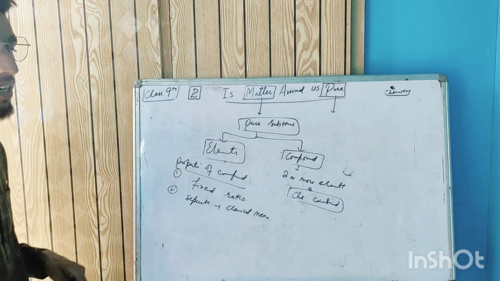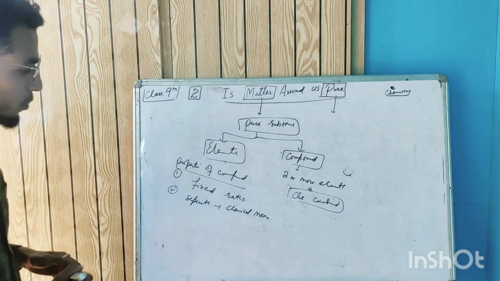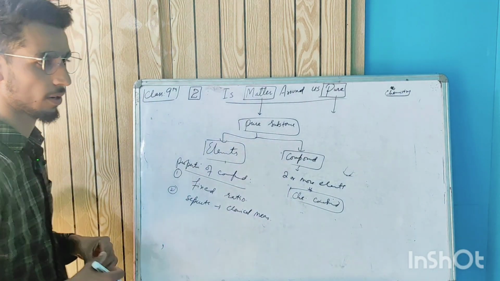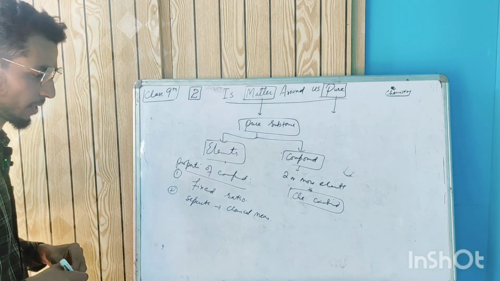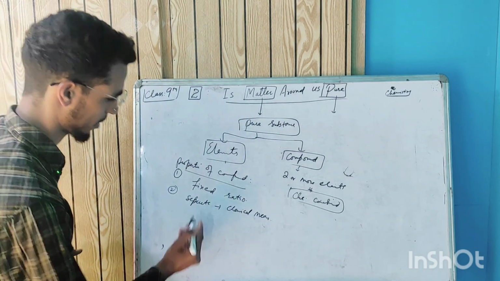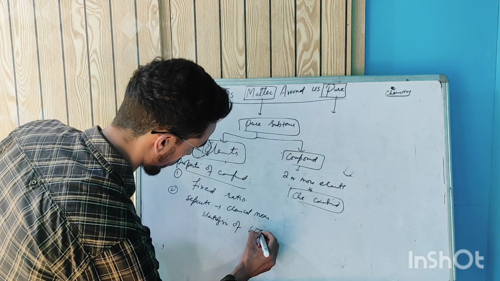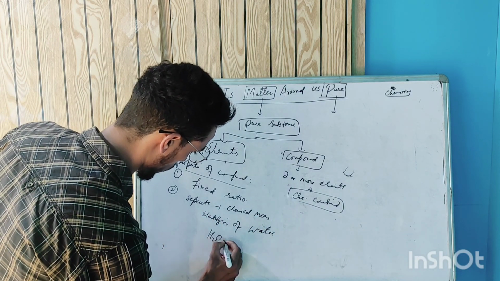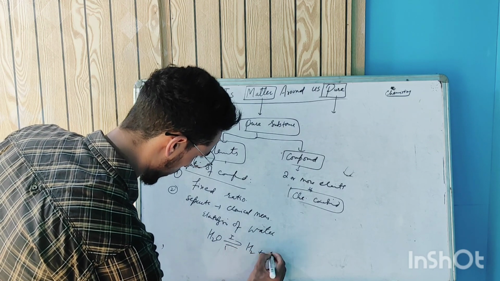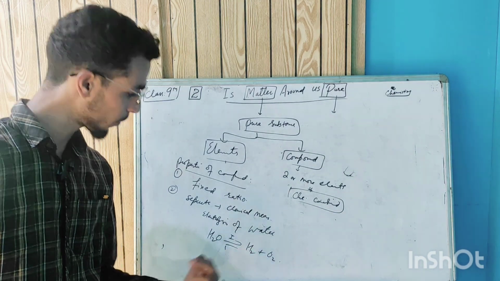Suppose we beat the water, what will happen? Nothing will happen. So we need to pass electricity through water. It will split into hydrogen and oxygen, and we can use some other chemical methods to separate. Electrolysis of water is the best example. This is water; we pass electric current and we get H2 plus O2. Now we have separated this compound into its individual components.